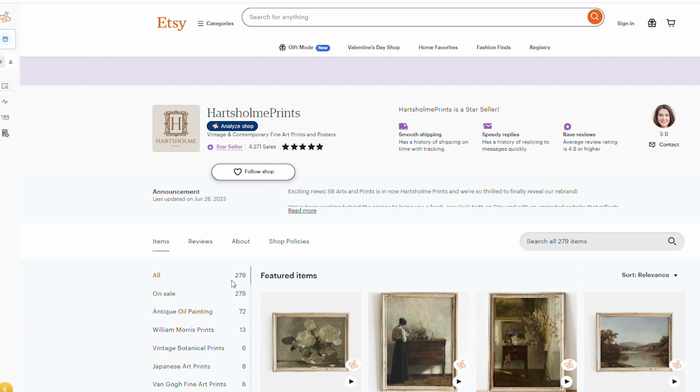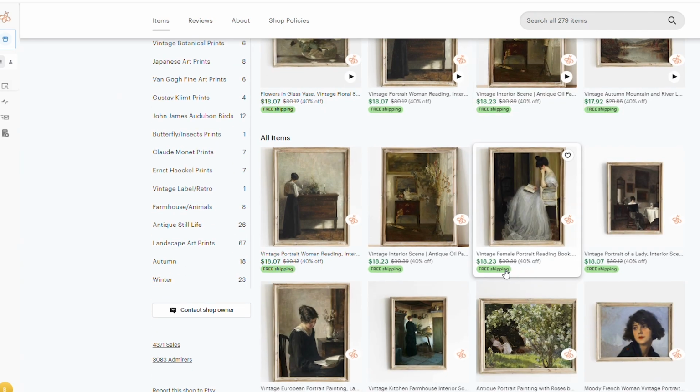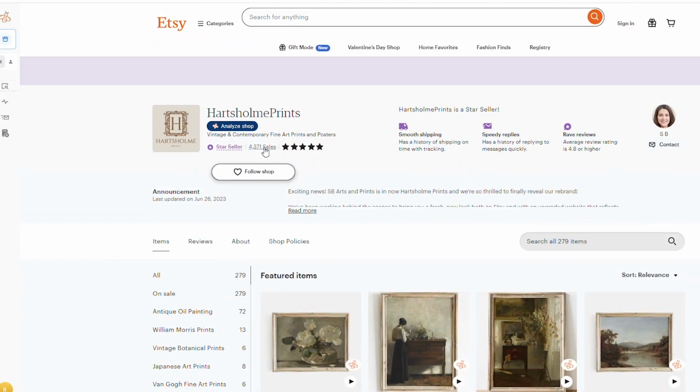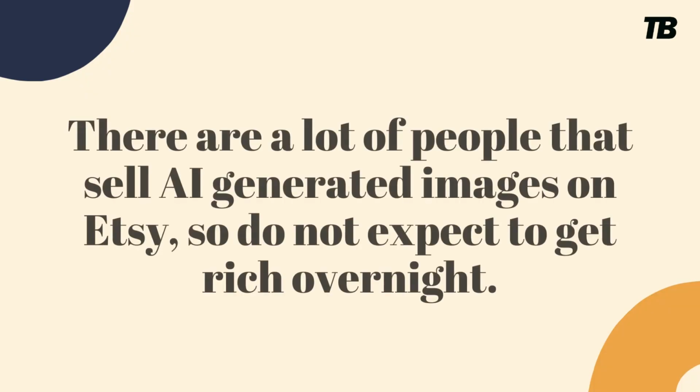So as you can see, guys, there is a lot of demand for this kind of posters, but also there is a lot of competition. So a lot of stores that have 200 plus prints already have only generated 4,000 sales, and maybe they have, let's say, 5, 10, 20,000 dollars in total sales, with a profit of maybe half or a quarter of that. So as you can see, you can make money on Etsy, but do not expect to get rich and to